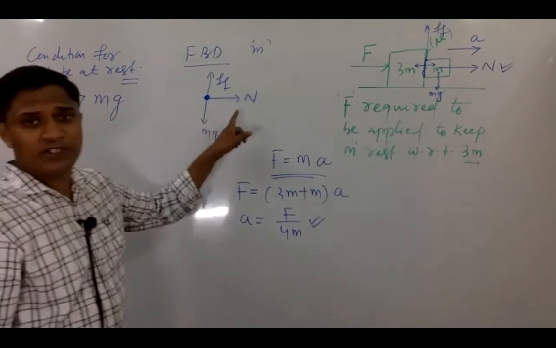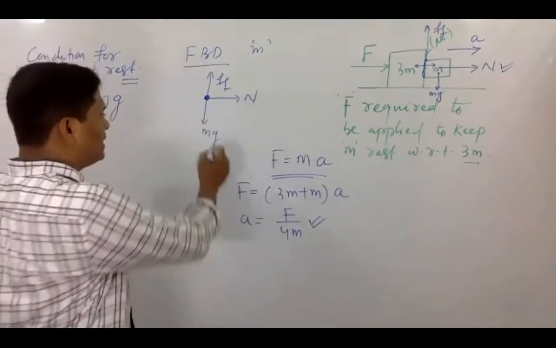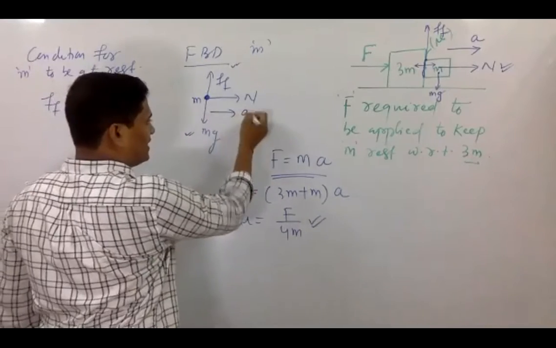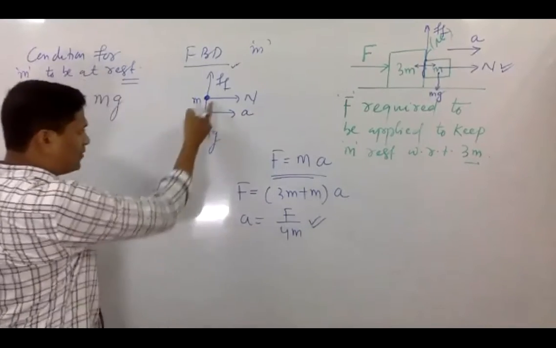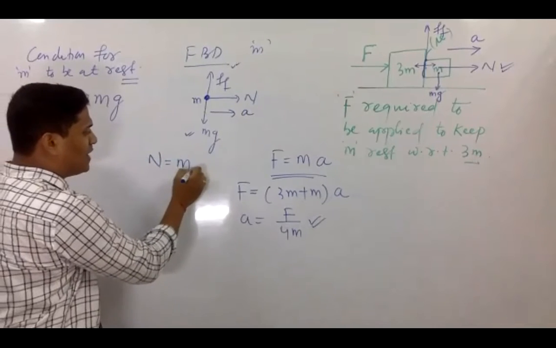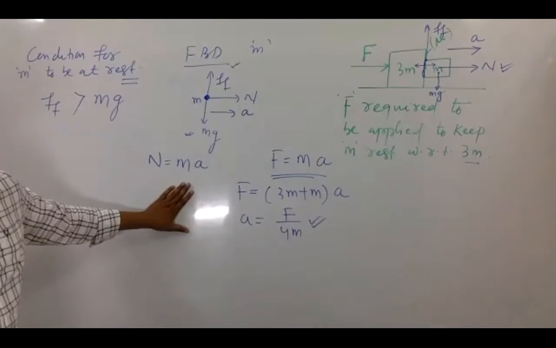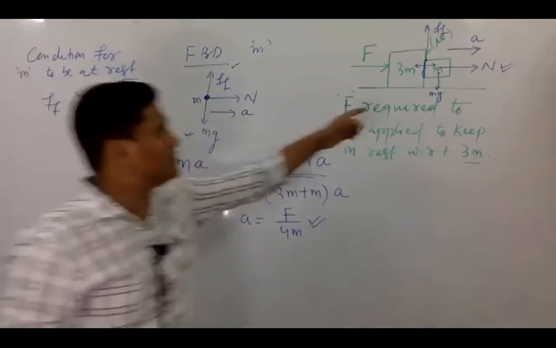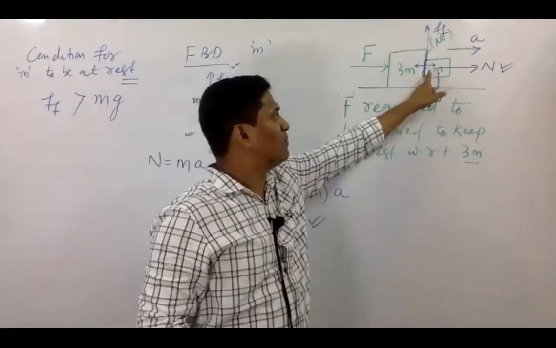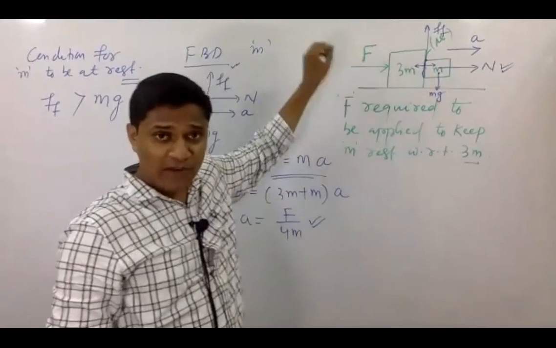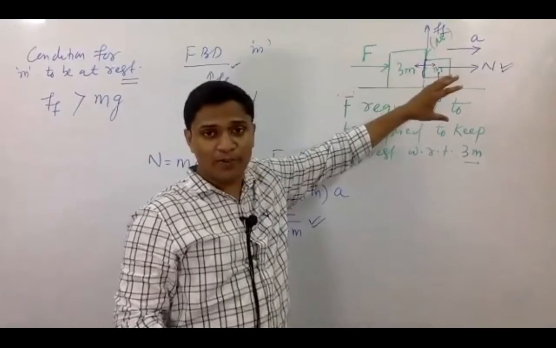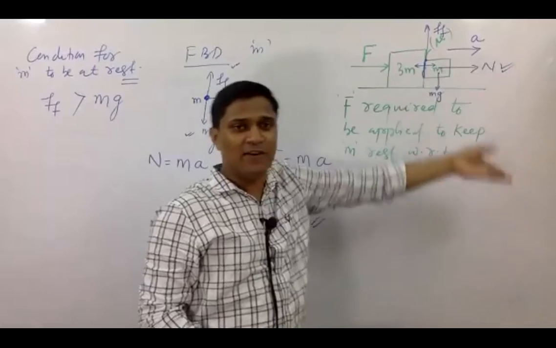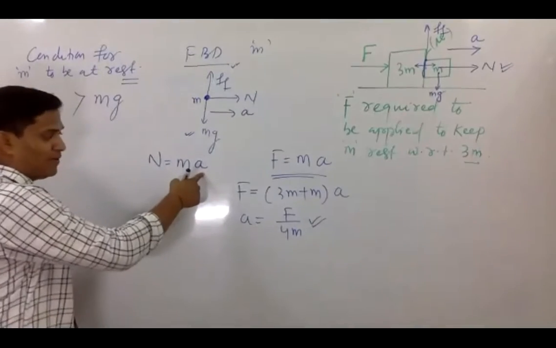And students, from here you see, mg is going to be balanced by friction and the body of mass m is moving right side with the acceleration a, right? And from this equation you can write N is equal to m into a, small m into a, correct? So normal reaction is equal to m into a, correct or not? You can calculate that the net acceleration is a, so the normal force is getting, because I am giving some force F, 3m is giving some force for it, and the rest of it is transferring to m. So if m is moving with acceleration a, definitely the normal force it is getting, that is N is equal to ma. From here you can see.